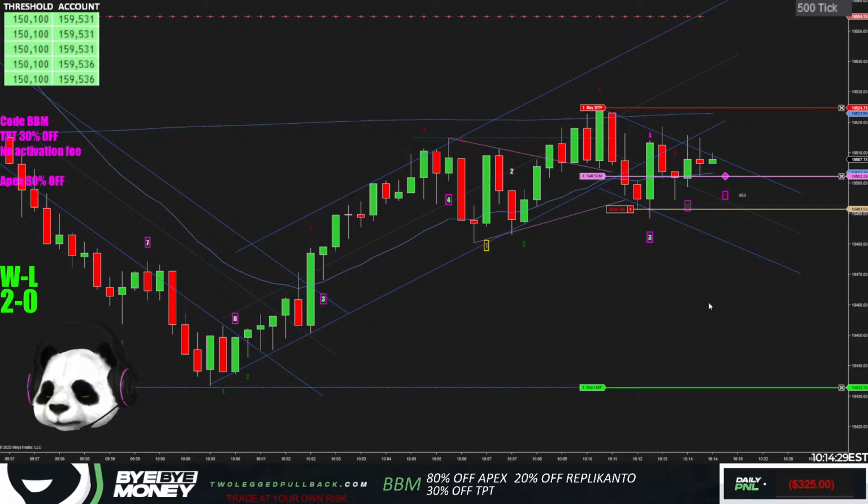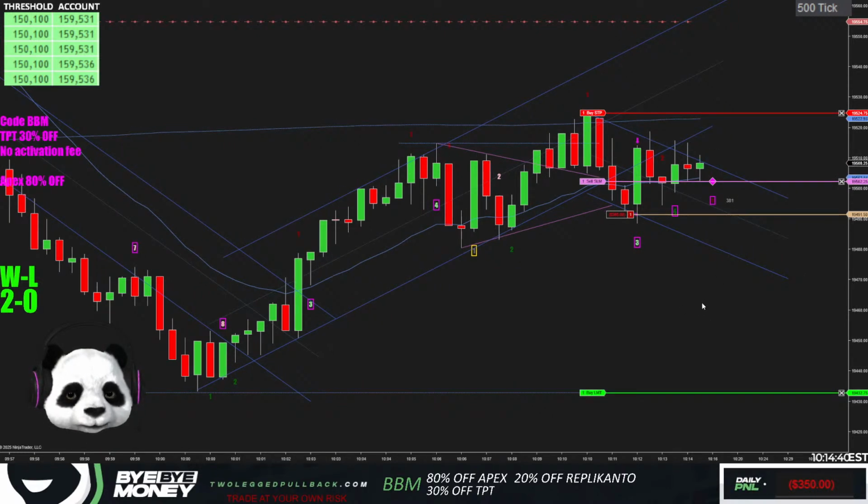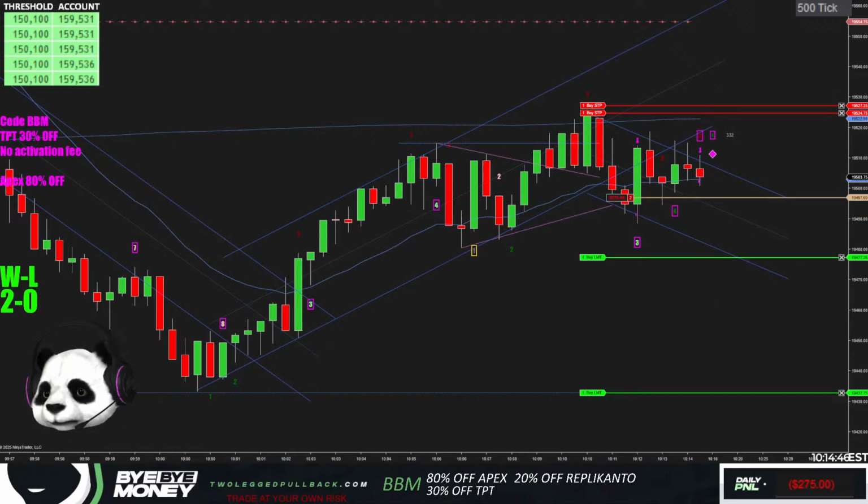2500 tick trap. Sure thing, I just take my stuff. I just take the hit here if it comes up here. But we're going to try to go short one more time, see if we get a nice move down. Okay, for sure, I'm going to come out on the trap here.